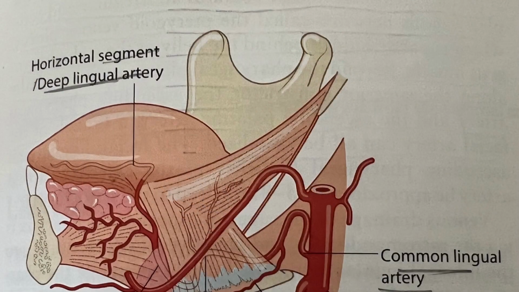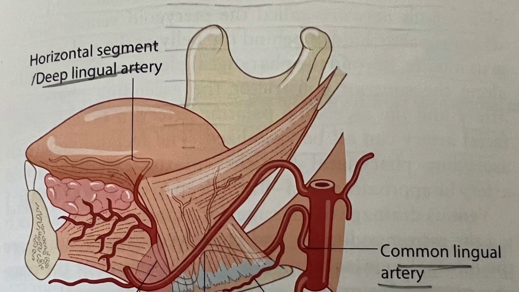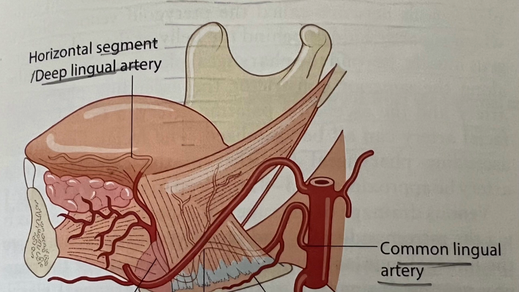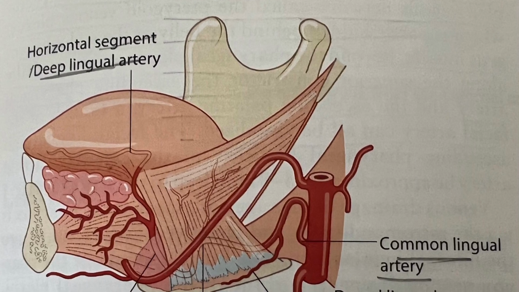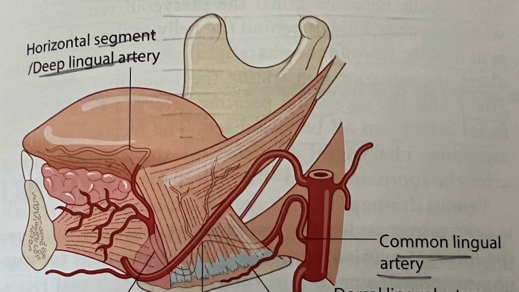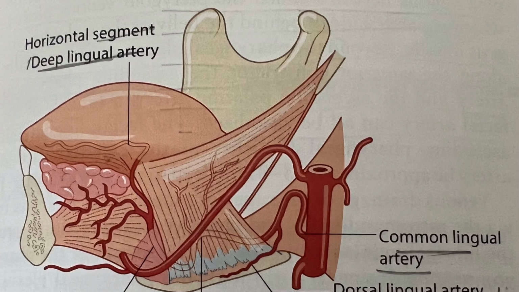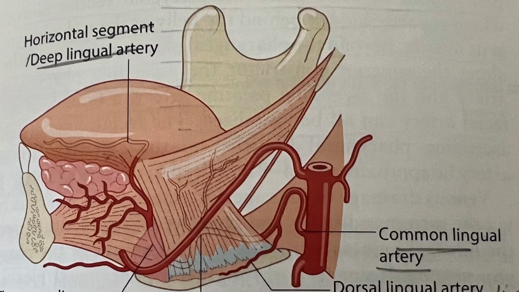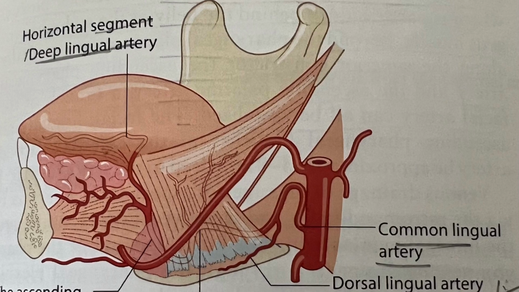The vascular supply of the base of the tongue. The principal artery encountered during transoral surgery at the base of tongue is mainly the dorsal lingual artery. The dorsal lingual artery is a branch of the common lingual artery, in which the common lingual artery arises from the external carotid artery in about 78% of the cases. But sometimes it comes from a linguofacial trunk in 20% of the cases.